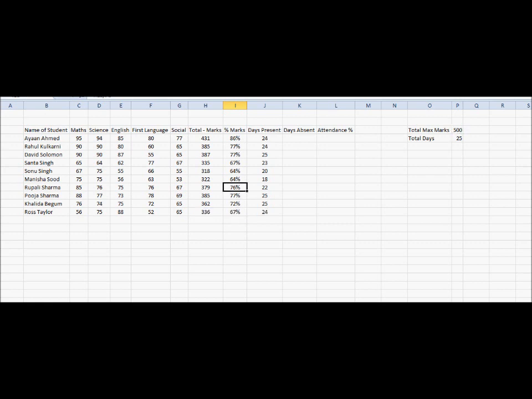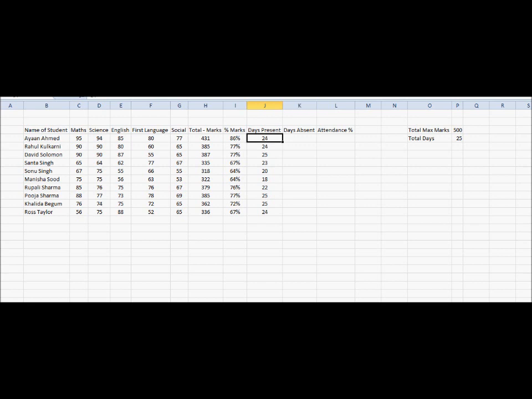So now we've got the required information. If you observe, we have done two calculations here. One, we summed up, that is the addition, by finding out the total marks, and we've used the division method, dividing the total obtained marks by the total marks to attain the percentage, which is the basic formula. So we've used division as well as addition. Now let's look at how we can get the minus.